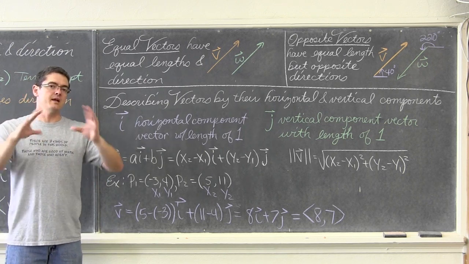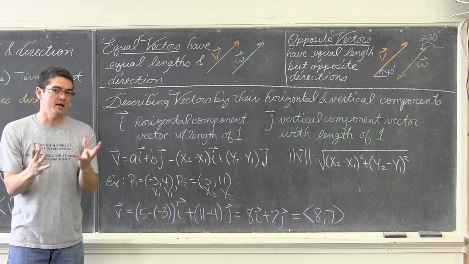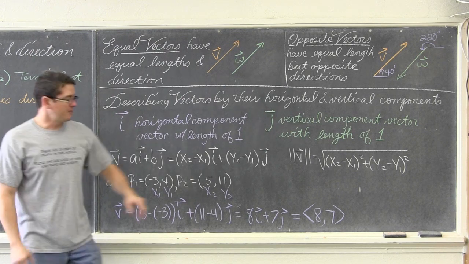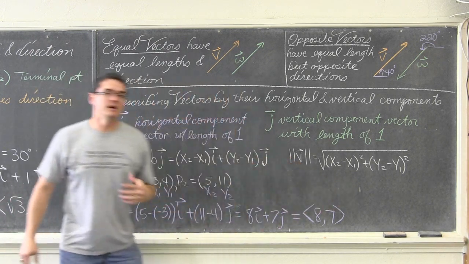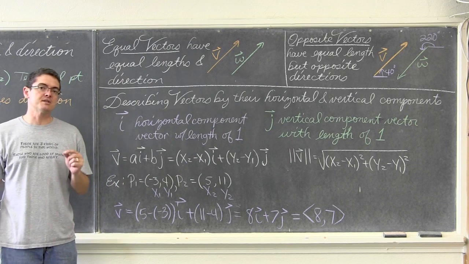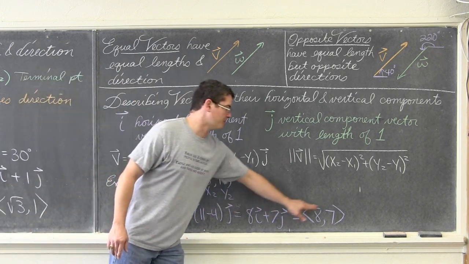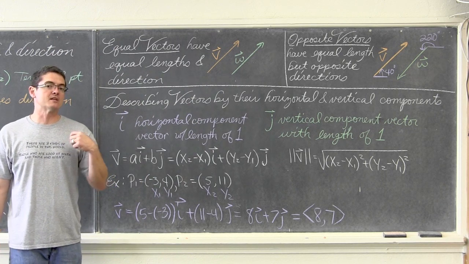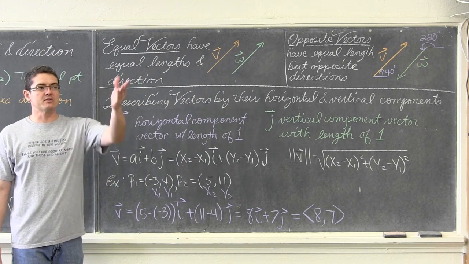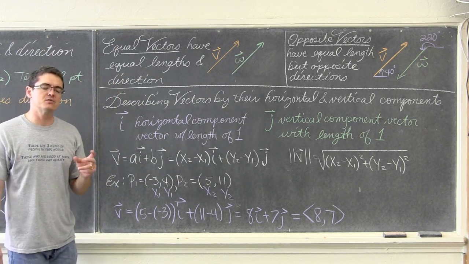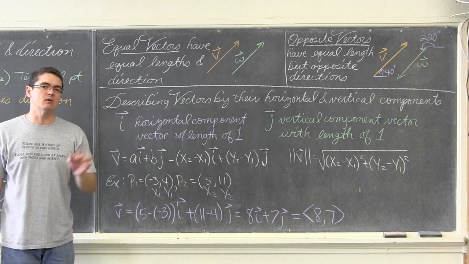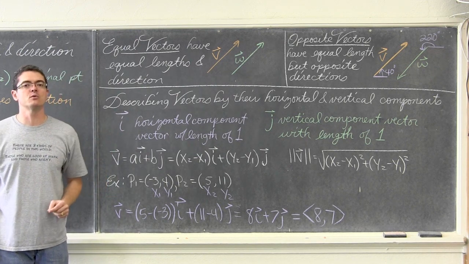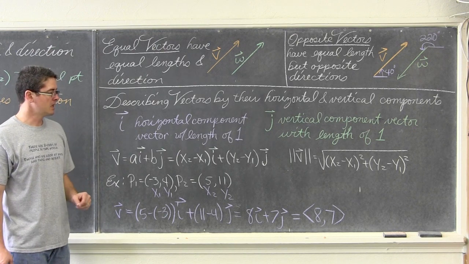Round parentheses indicate that you're labeling a point, just a coordinate. The pointy brackets are vector notation, and that is a difference. We are going to be plotting this vector <8, 7>. It will be displayed as a ray, and when you plot vectors, we're going to do this in a second, you can put the initial point anywhere you like. When you're plotting a coordinate, of course, you always have to start from the origin.